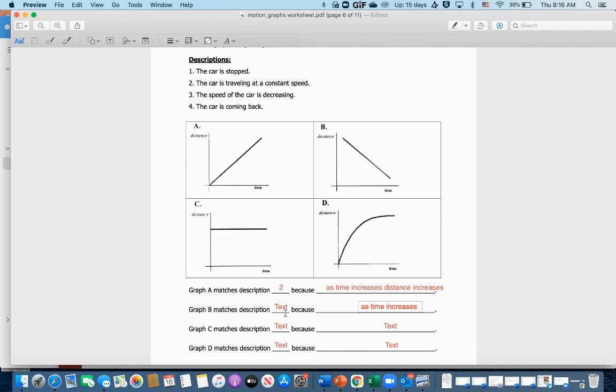So as time increases, the distance decreases right here. And that's going to be the car is coming back, right? If the y-axis is distance, so y equals 0 is right here, it's obviously moving back toward y equals 0 right here. So that's going to be description 4. All right. Next, I'm going to go ahead and